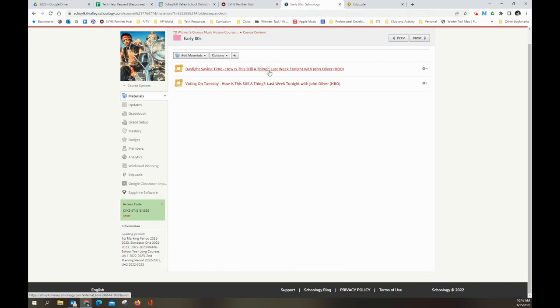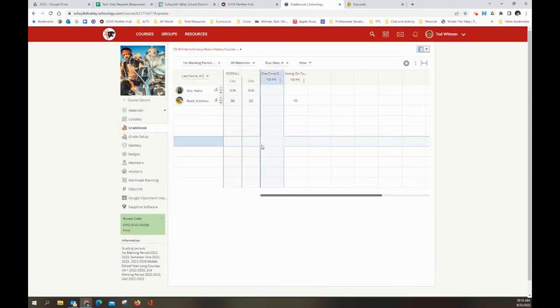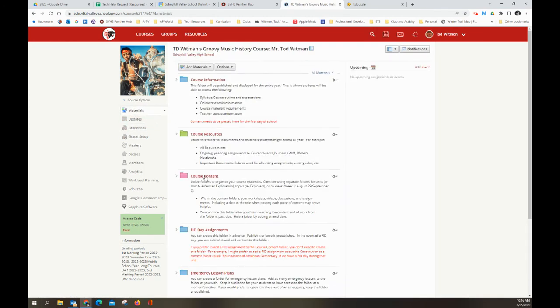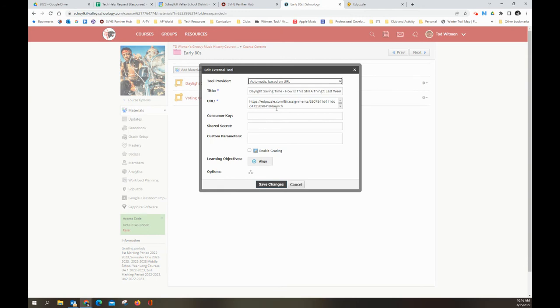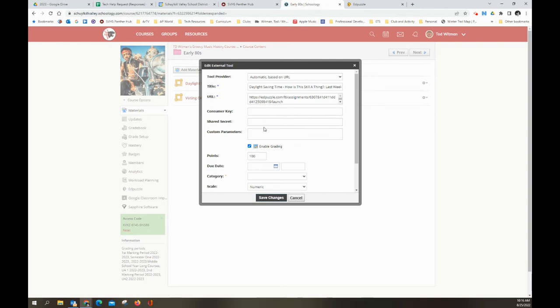Here it is. Okay. Now, if I go over to the gradebook, you'll notice because I haven't made it an assignment, there's nothing here in the gradebook. So I'm going to come back over here to materials, course content, early 80s, and I'm going to click the settings gear over here, and I am going to click edit. And I am going to turn on enable grading, and I am going to change the point value to 5,